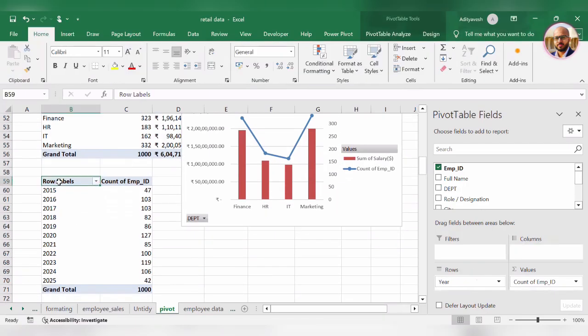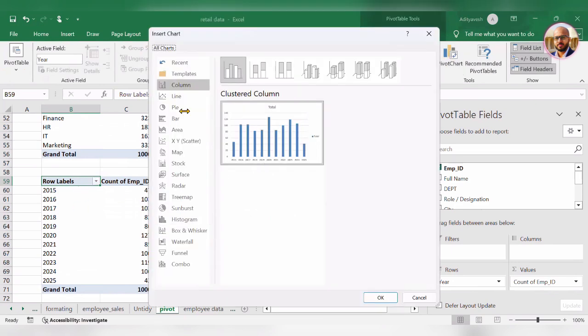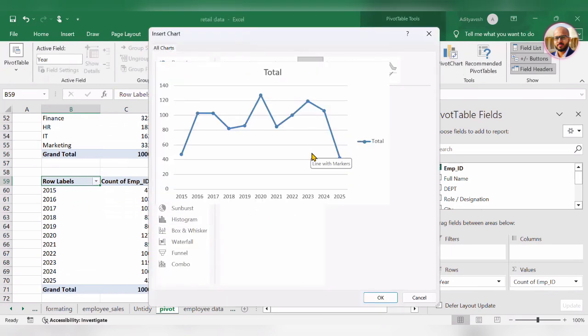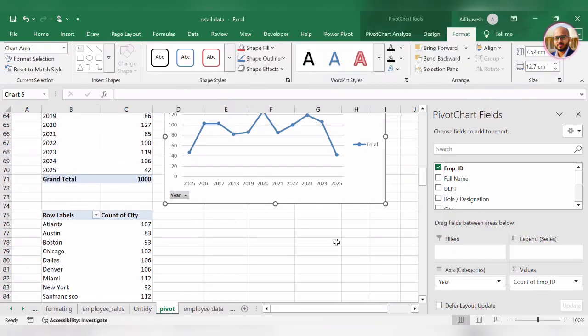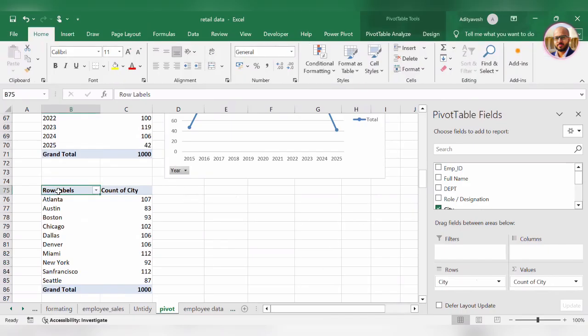Okay, then we can also make a chart for our year-wise analysis. So again, here I'm just making this chart for the year-wise analysis. That is a line chart. So that is created. And again, we wanted to go with